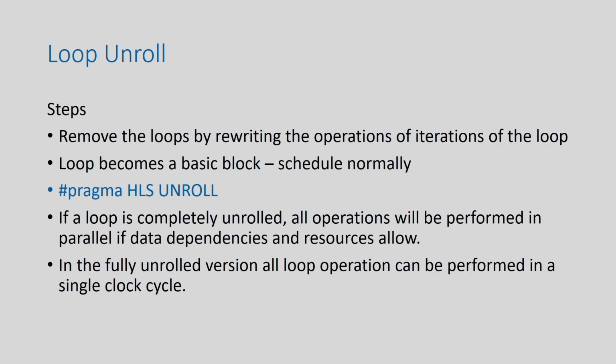So, usually you can do your unroll yourself or you can use the pragma HLS unroll of Vivado just to do that. You just mention this within the loop, and it will completely unroll the loop. So, the point here is that since you are completely unrolling, it improves the parallelization, because if there are no inter-loop dependencies, the whole loop is basically running in parallel, right. So, if the resource allows, then all operations, all iterations, can be performed in parallel, and in the best case it can complete the whole loop in a single cycle, if I assume that operation chaining is allowed and one iteration takes one cycle to execute.